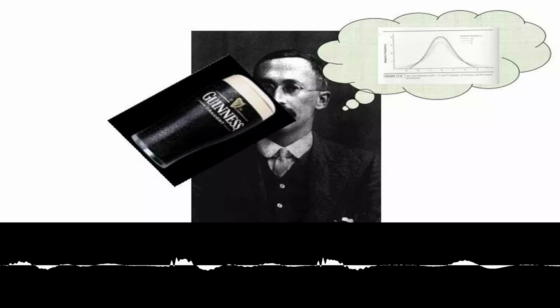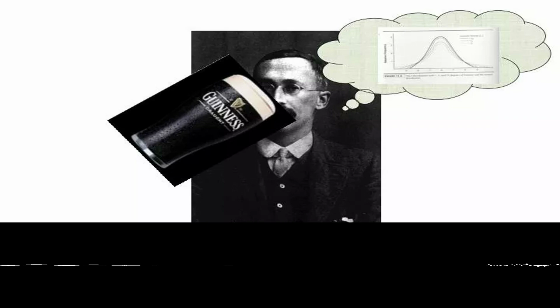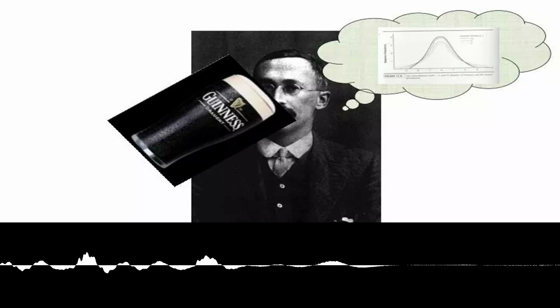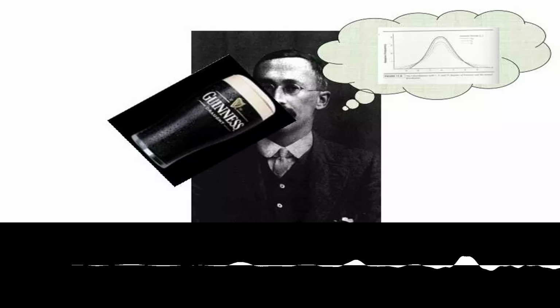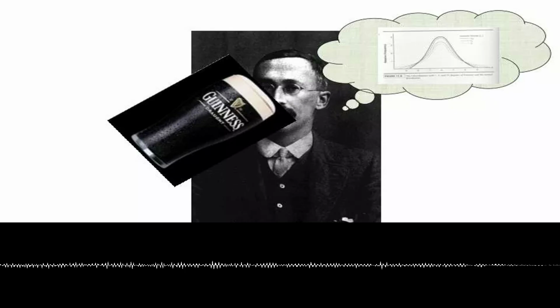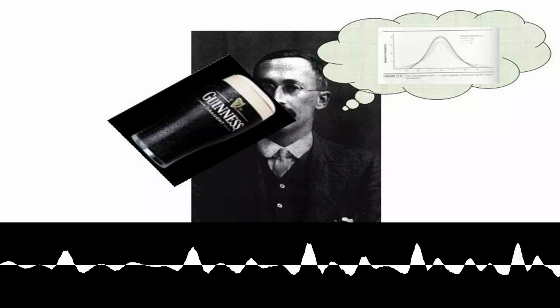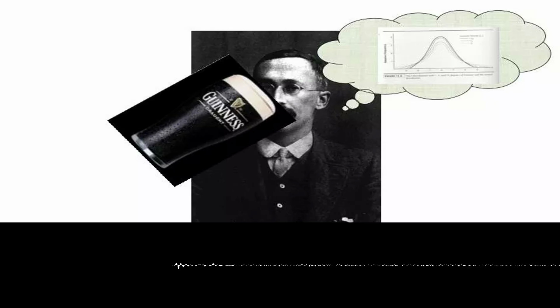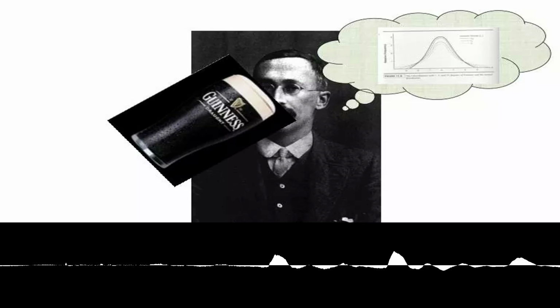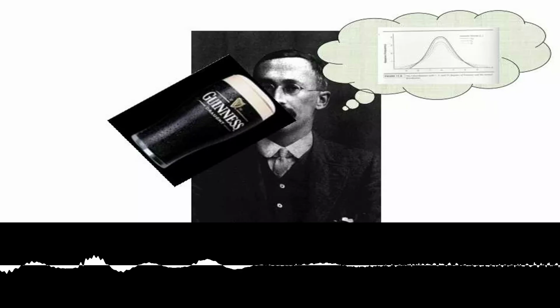Adding another layer of complexity, Gosset published his statistical work under the pseudonym Student. Guinness, like many businesses, closely guarded its trade secrets; publishing under his own name risked revealing commercially sensitive information about brewing processes or barley sourcing. This cloak of anonymity, while born from corporate necessity, has added a touch of mystique to his legacy. The name Student is now synonymous with a pivotal contribution to statistical inference, a contribution born from the very practical